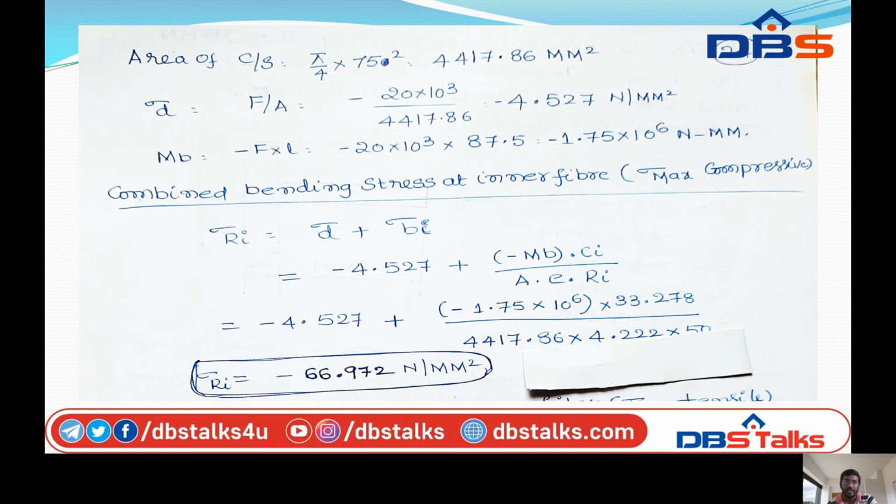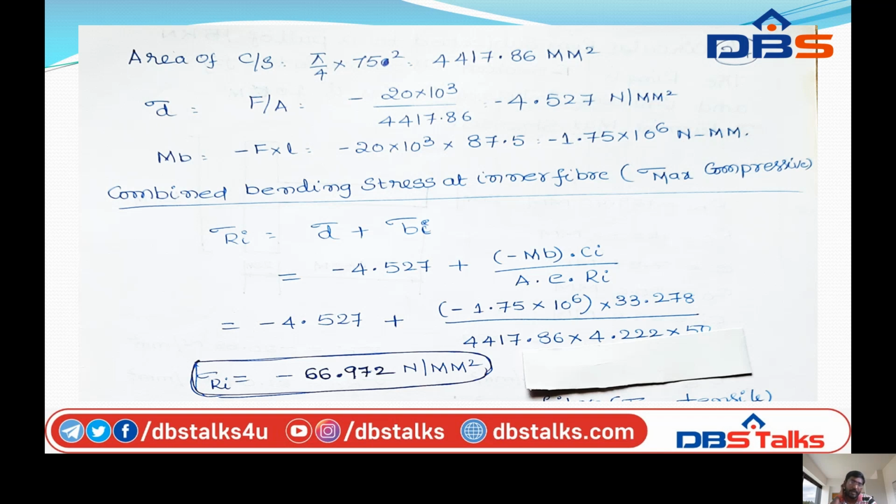Sigma Ri is equal to sigma d plus sigma Bi. That is equal to sigma d, minus 4.527, plus sigma B, minus of MB into Ci by capital A into small a into Ri. So that is equal to minus 4.527 plus MB minus 1.725 into 10 power 6 into Ci 33.278